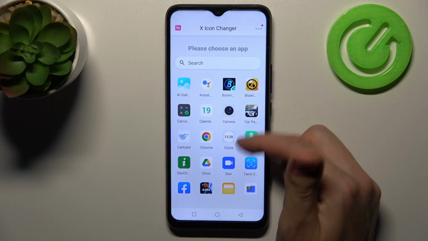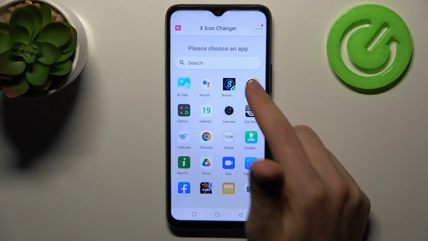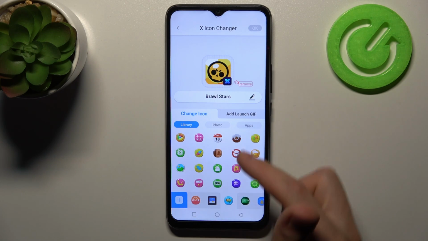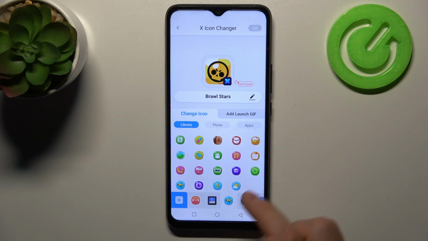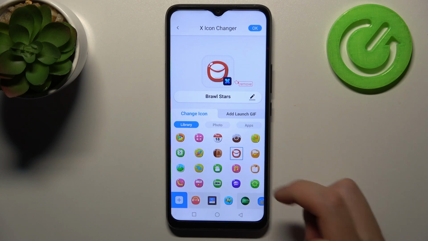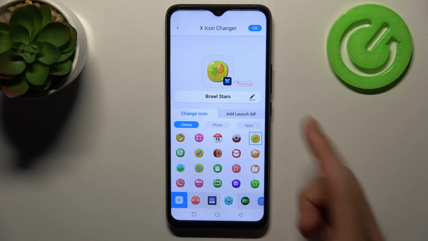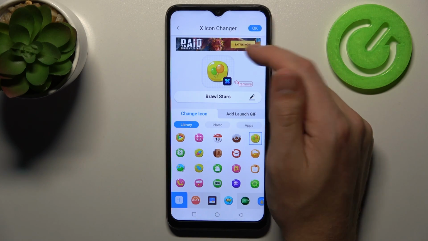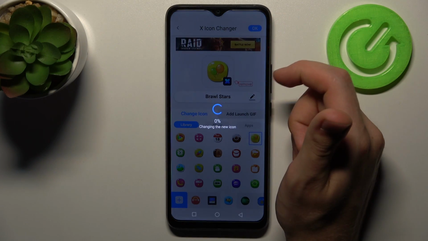Now from the list choose your application, maybe Brawl Stars will be nice. So now when we choose application, need to choose your new icon, maybe in this block something, maybe this one or this one. Okay, so for saving this icon need tap in the top right corner OK button and wait